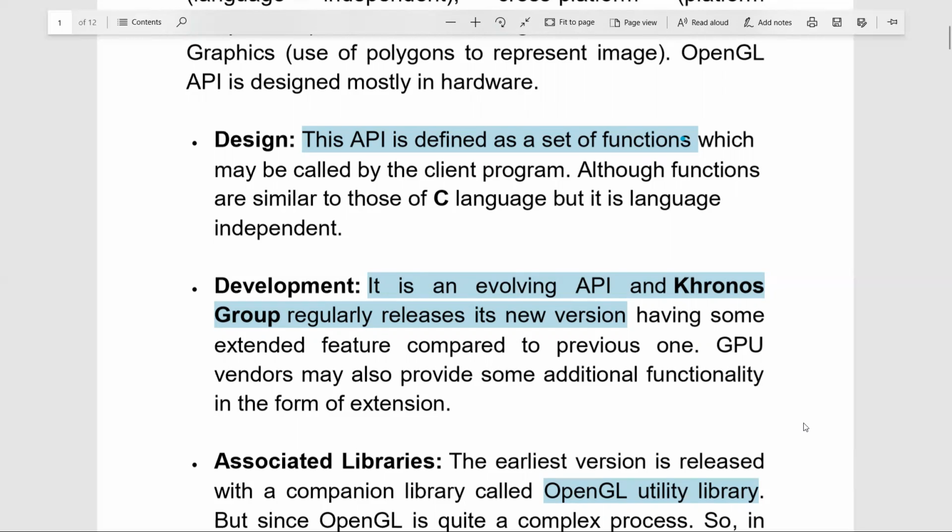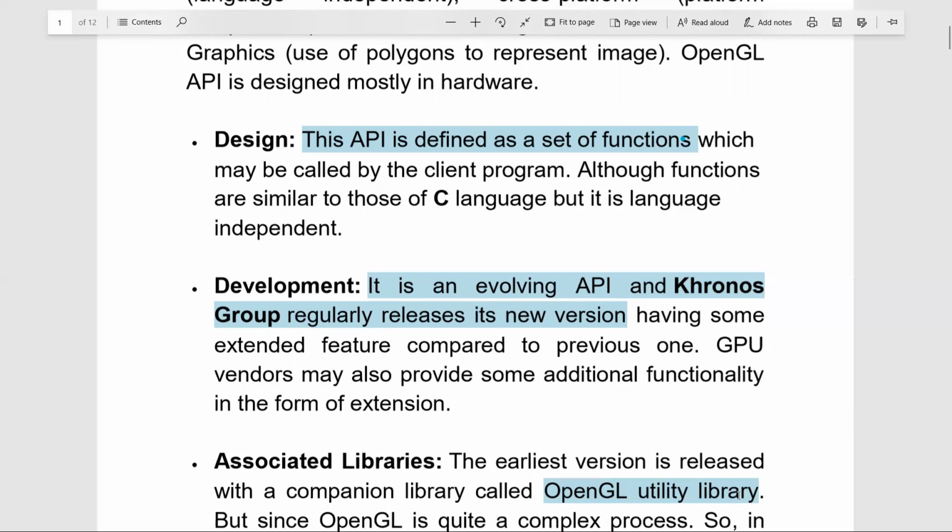The associated libraries do exist with OpenGL. The earliest version is released with a companion library called the OpenGL Utility Library. We are using it as GLU. Maybe I have told you earlier, GLU is the companion library to OpenGL.